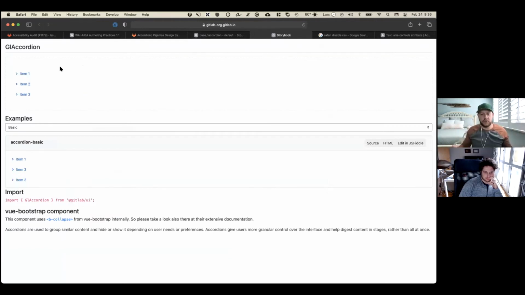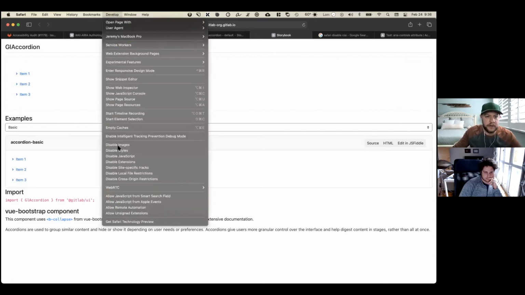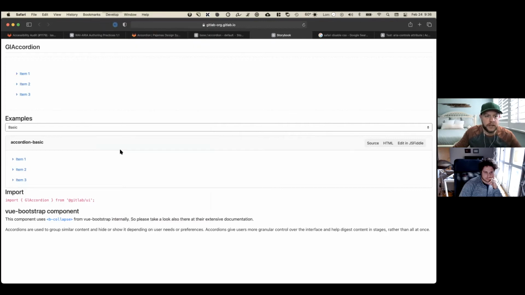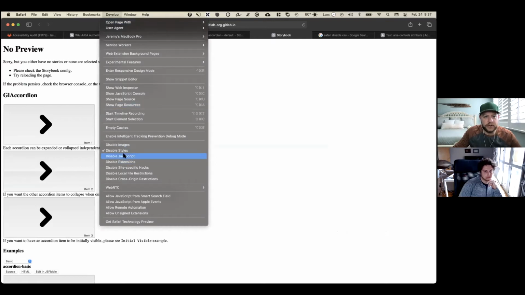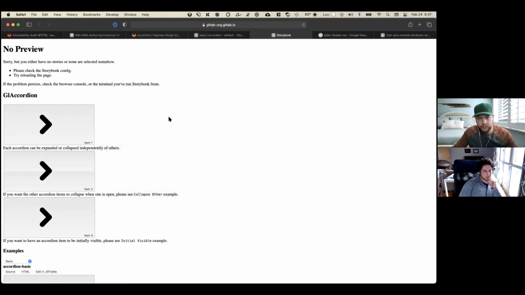The behavior seems okay. It's good. Another step might be, or not might be, another step would be to just look at the behavior of this without JavaScript and styles. And so if I come up here, I'm going to disable styles. We'll see a few things that we call out. I'm going to disable JavaScript. So initially,